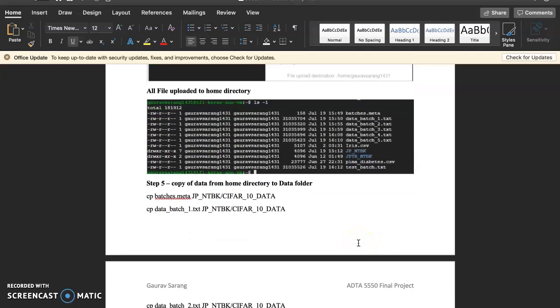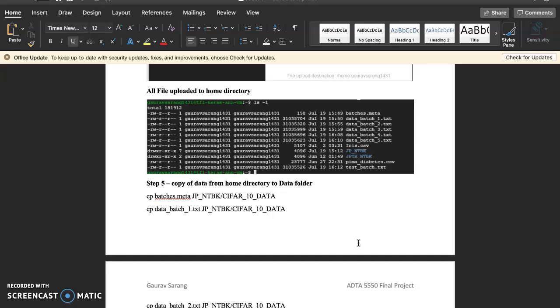Then the next target, as all these files are uploaded into the home directory, we have to move all these files into the data folder. The command which moves these files into our working folder is cp.